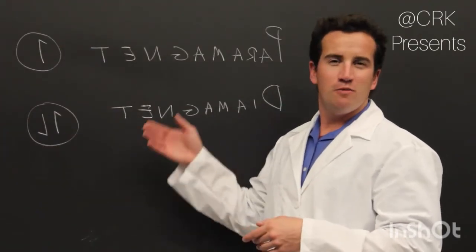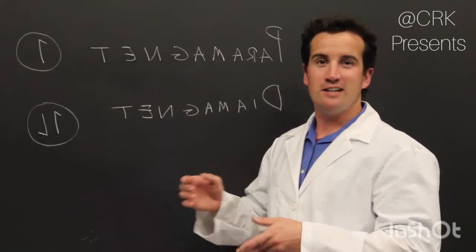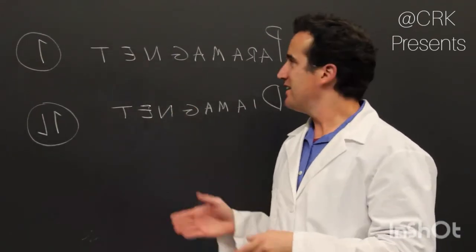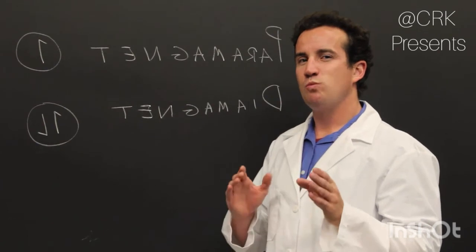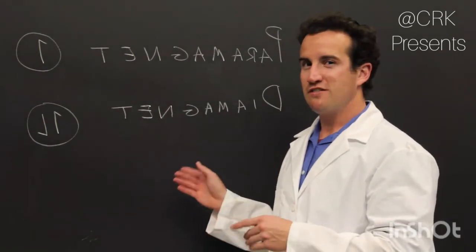In conclusion, when something is a paramagnet or a diamagnet, it tells you what its electrons are doing. In the case of a paramagnet, it has at least one unpaired electron. In the case of a diamagnet,